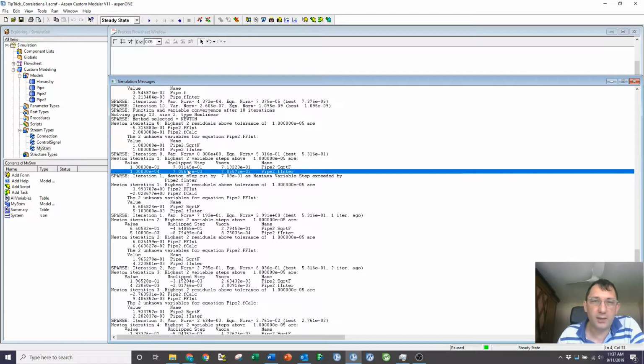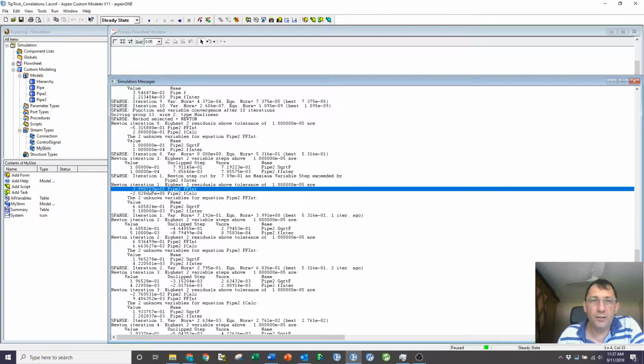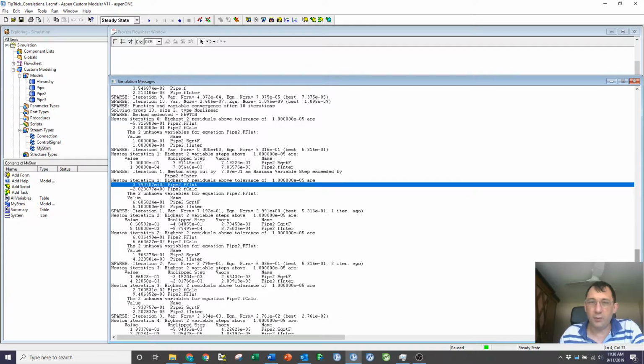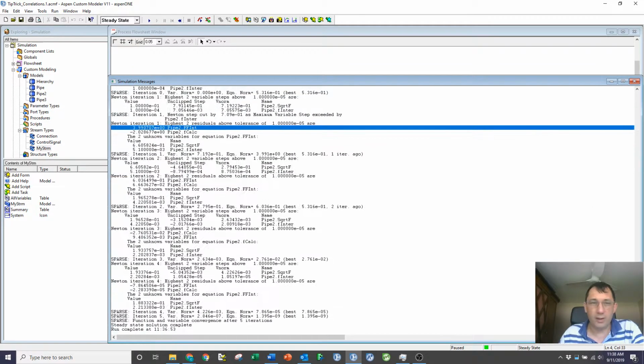That first step that it takes actually puts the system in a place where the error goes up on that ffint equation. So instead of being 5 times 10 to the minus 1, it becomes 4. But I'm then going to trim those numbers back, and it goes from 4 to 0.6, which is still higher, but then it trims it again, and it gets it down to 2 times 10 to the minus 2, and then it converges pretty quickly from there. So this is converging a whole lot better.